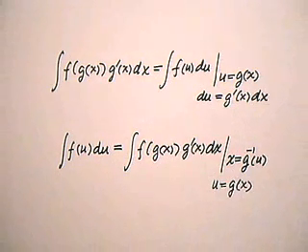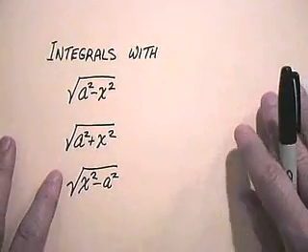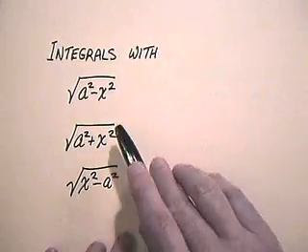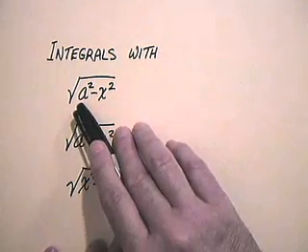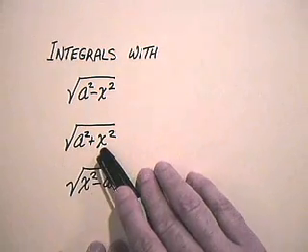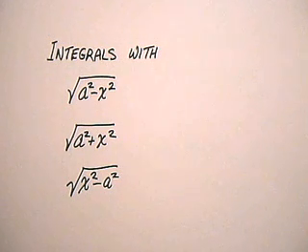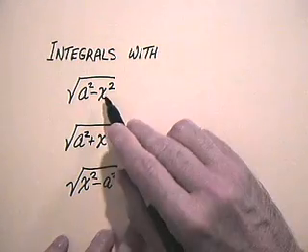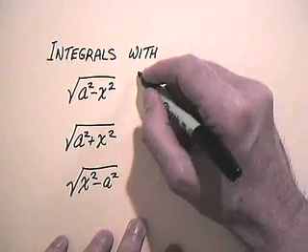To see how we can use this, let's begin looking at integrals with certain types of radical expressions which are very common. Square root of a square minus x square, square root of a square plus x square, and square root of x square minus a square. Now the idea here is to remember what trigonometric identities do. For instance, if x was equal to a sine theta,